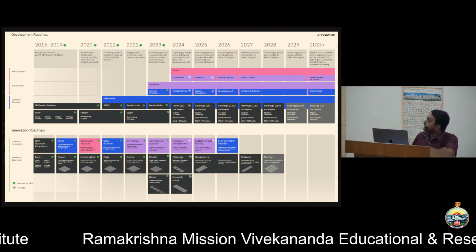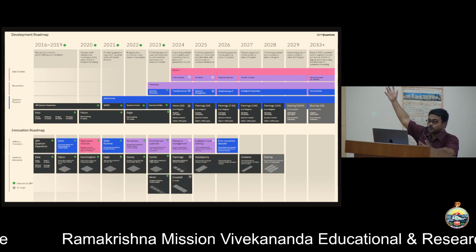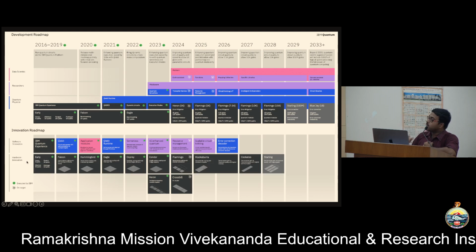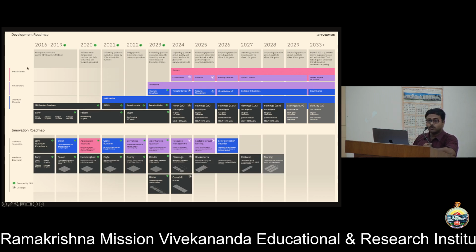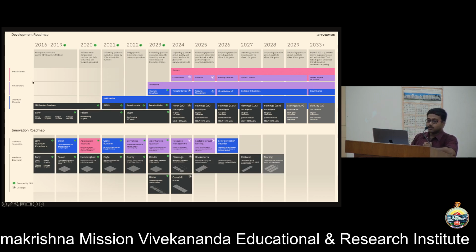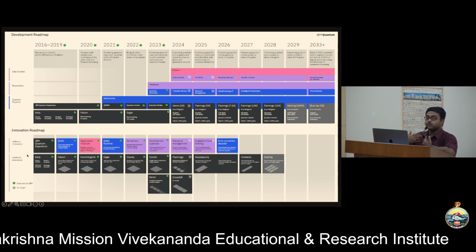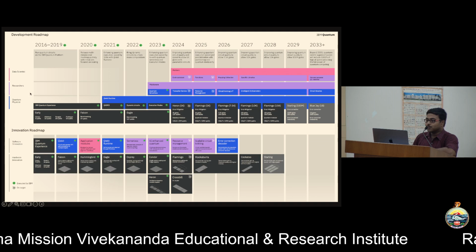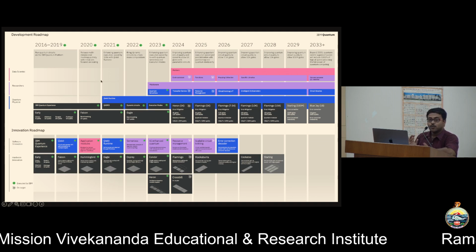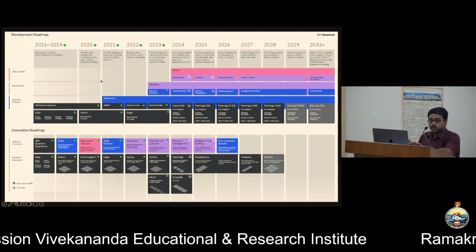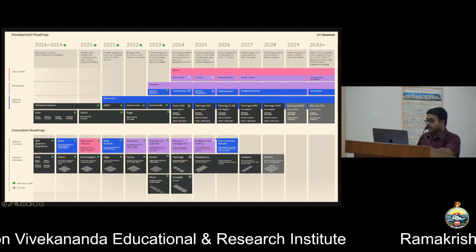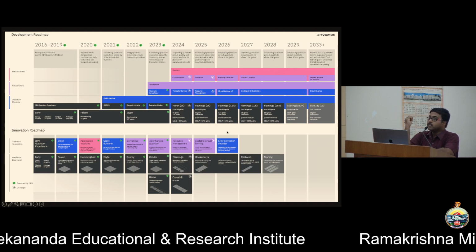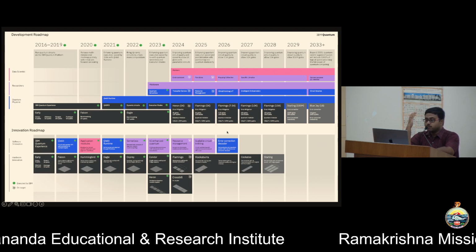And this is again a bigger, huge roadmap that we have. In our roadmap, we have two parts. One is the development roadmap that you will see. The other is the innovation roadmap that we prepare for next year for you to see again. In this development roadmap, we have quantum systems are noisy, so we have things like error mitigation. I'll touch upon what that is.